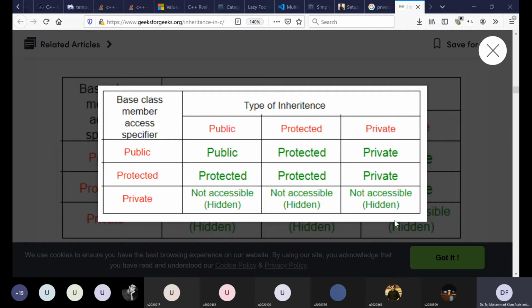Okay. Anybody else? Is it clear to everybody? What if we change the keyword from public to private or protected during inheritance?